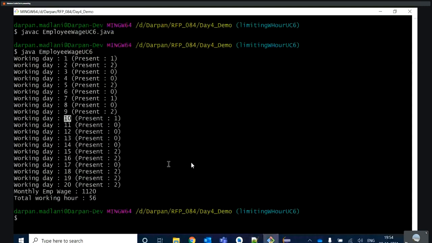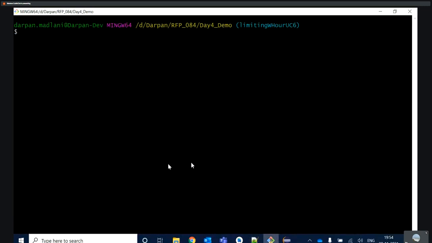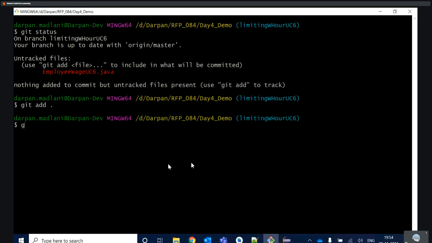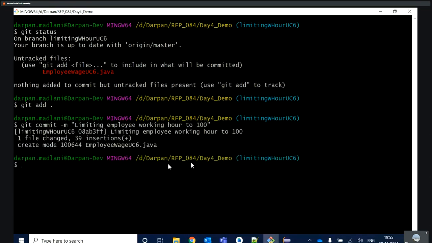Now follow our steps to push our code first into my current branch. Git status, here is also changed. Git add dot, then git commit hyphen m for the message: meeting employee working hour.